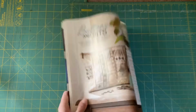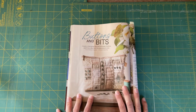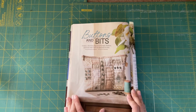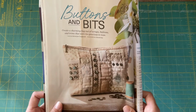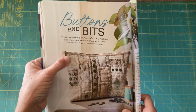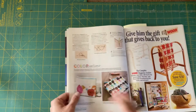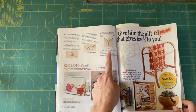Okay, next we have a pouch. Create a charming bag out of scraps, buttons, and trims. Wow, this pouch has buttons and hand quilting and rickrack. Wow. I am the most interested in how they put that zipper in. Do you see how there's like binding at the zipper? I think this is probably a little bit too much work for me to make a pouch, but I'm gonna look more closely at how they got